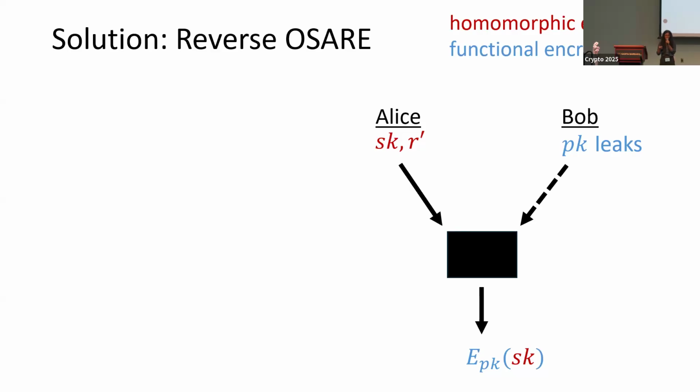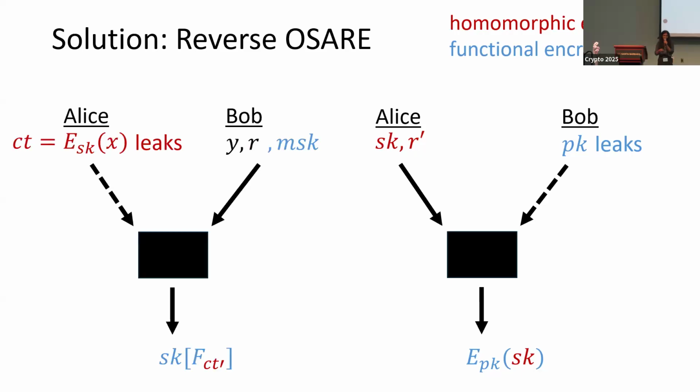So for the second one-sided ARE, we output the encryption, and now Bob is the party who leaks his input, which is the FE public key. And now the FHE secret key, which Alice has, remains secret. And we use the same one-sided ARE from before to output the function secret key. So this is a construction that works, but FHE is a bit of a strong assumption, and we're